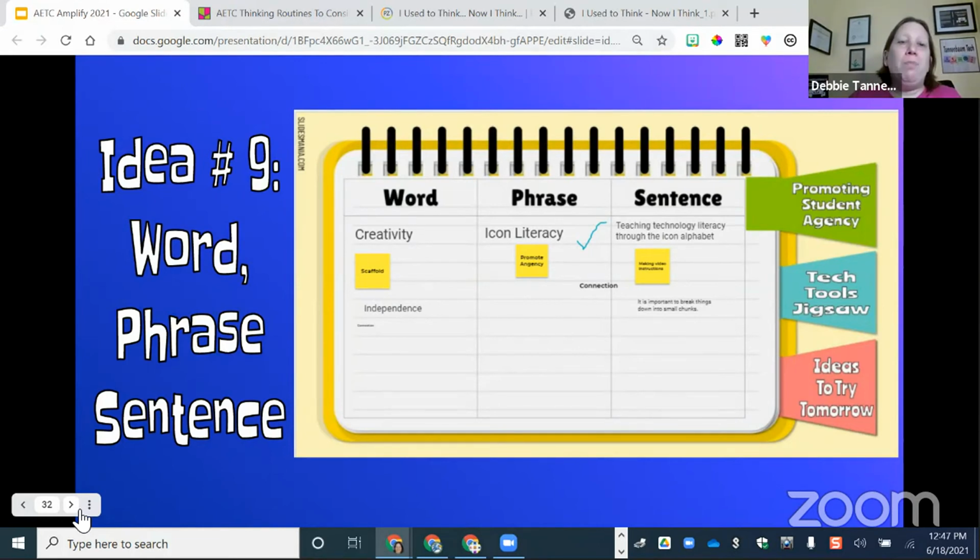Word, phrase, sentence before Jamboard I might have done in a Google Slides. I might have done it in a Padlet. I like using it in this format with Jamboard because I like being able to have those sticky notes. You can see this person here has put a check by it. This is from my Creating with Little session, and they're saying that they agree with it. So you're able to do things that you might not be able to do in another program. So I like that use of it in here.